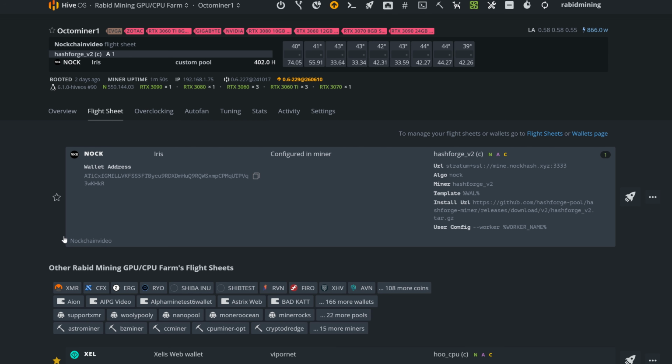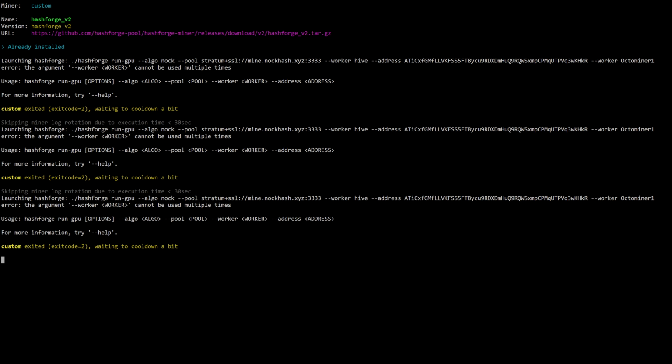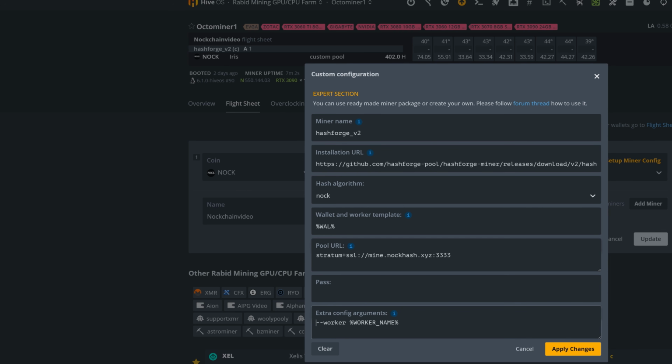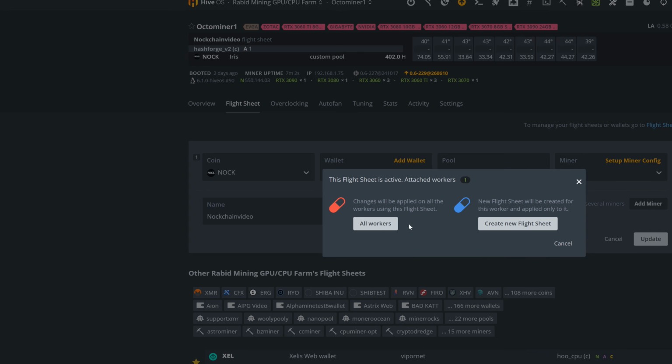I'm not saying it's going to work. I'm thinking it should, but it might not. All right, so it looks like that obviously did not work. Looks like it automatically has worker Hive, and then here's the one I put in my extra config. So if I get rid of this, all of this right here, and apply those changes and update it like so,